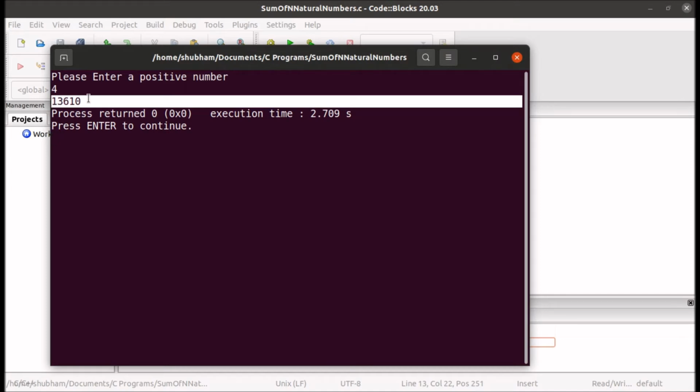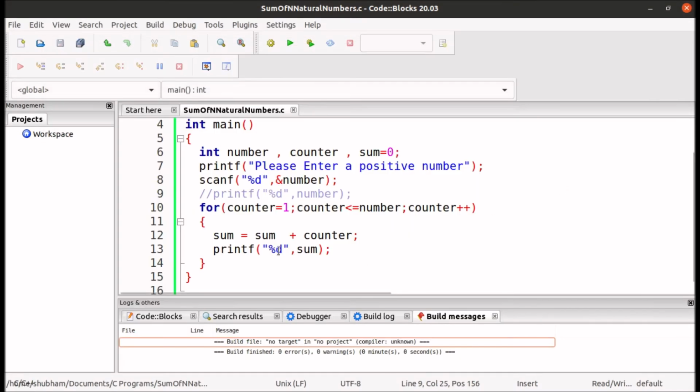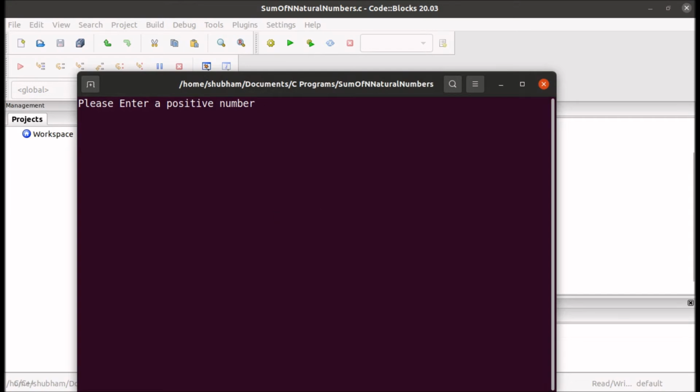so let's format it. So I will print the sum in new line every time I calculate the value of sum. So I will calculate the value of sum here in line number 12, and then print the current value at line 13, updated value at line 13. So let's run again. 4.